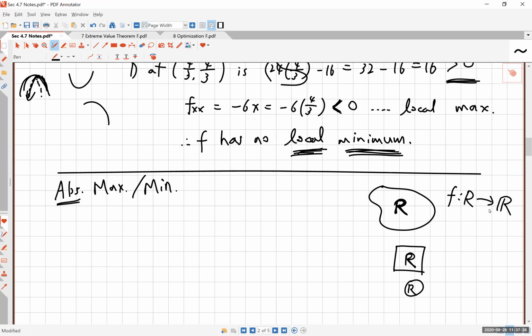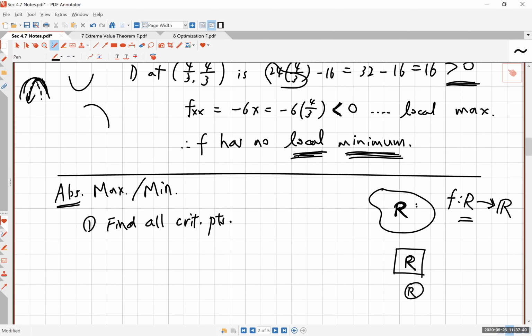And so f is defined, and you're restricting it on this region R, and of course, it's a real valued function. All right, so here is the step-by-step procedure. Find all critical points. Why? Well, because typically these absolute maximum and minimum points could happen at critical points, right? So maybe this is a point where f is the largest. Maybe this is a point where f is the least or the smallest, right? So they could happen at some interior point of R,